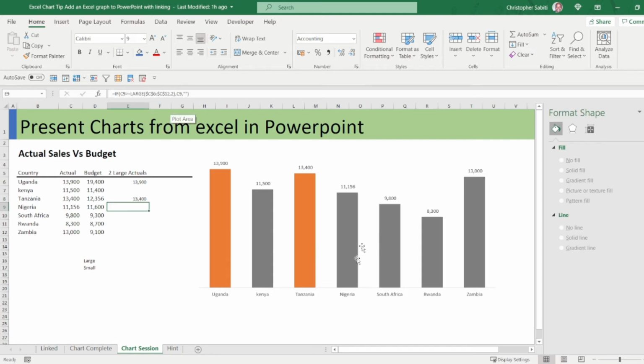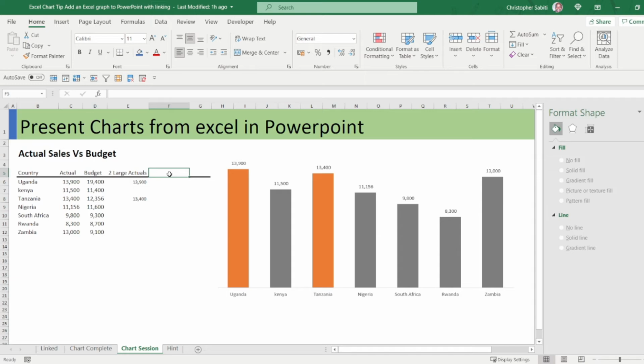Okay, now one of our graphs is done. Let's move to another series. Now we are going to look at the comparison between the budgets and the actual. This I will call the variance. As I've already said, we have a video about this, you can go and watch it in detail. So this will be just a simple formula: equals actual minus budget.